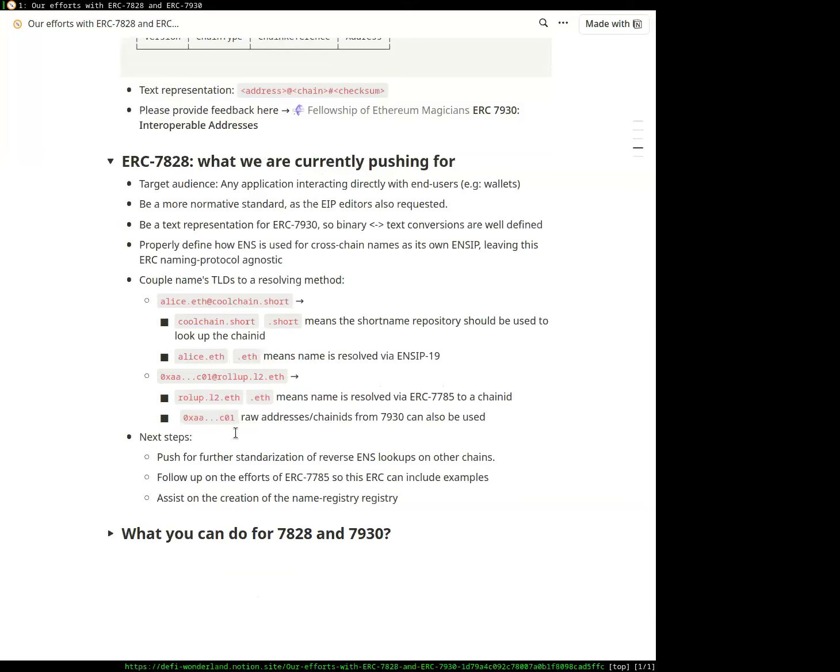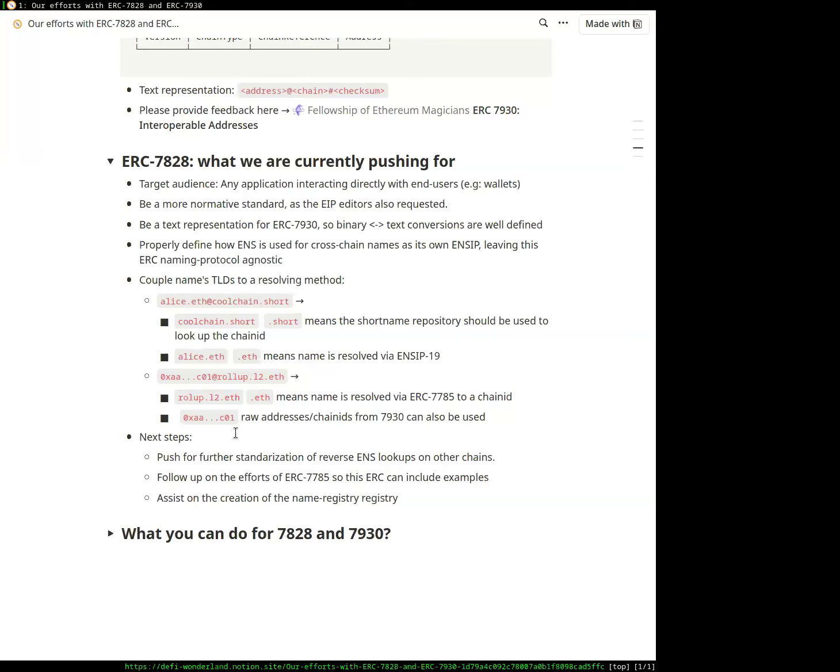This is a work in progress. There are a few things that we're trying to define, especially the reverse resolution of addresses on other chains, which is currently being implemented by ENS, and we have some comments and some needs from them.